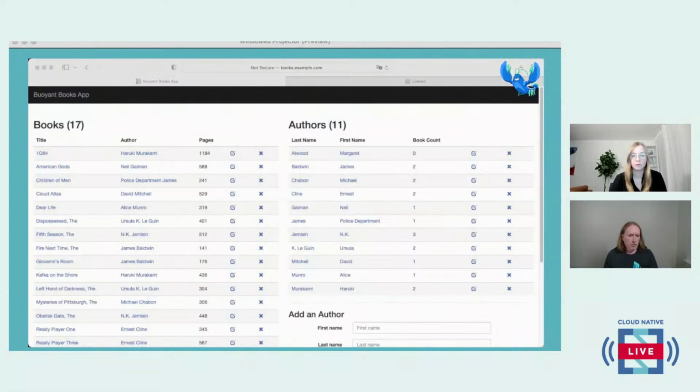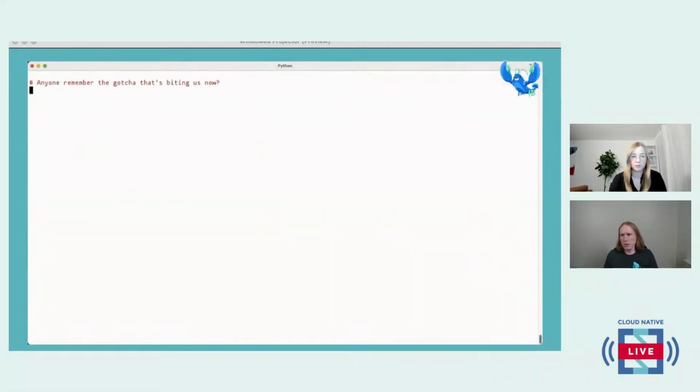Anybody have any guesses for why this is still working? We can take a minute or so to see if anybody in the chat has an idea here. Anybody? There usually might be a bit of a delay in the answers, but we can see if someone types in.